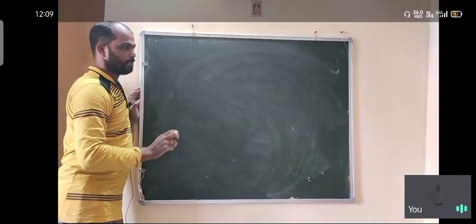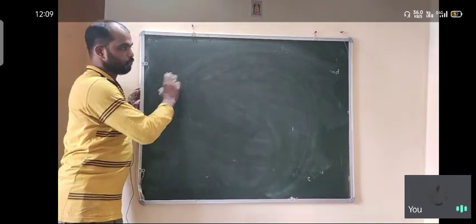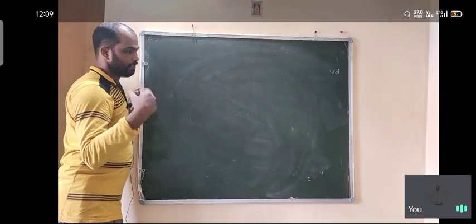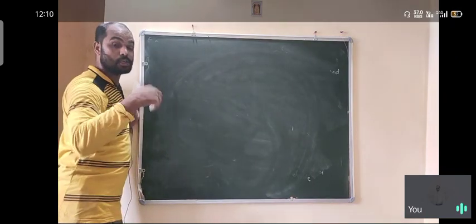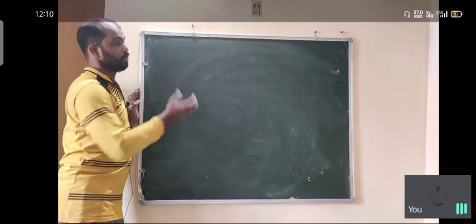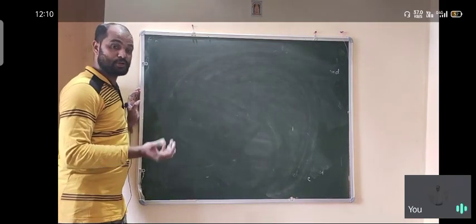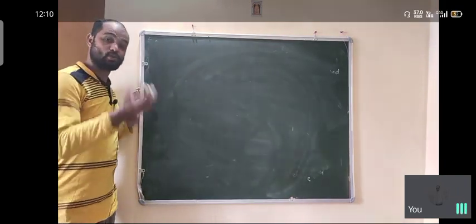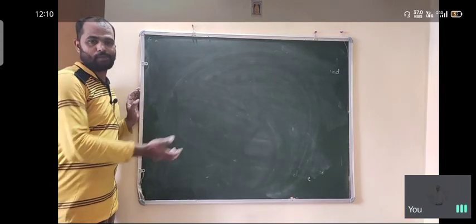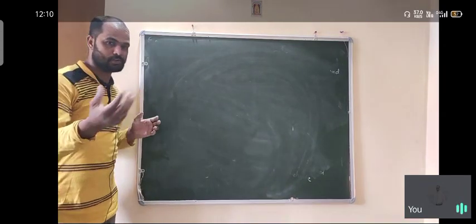So you can write the product for any two aldehydes given. But in the next lecture we will discuss the cross aldol condensation reaction, because two different aldehydes, two different ketones, or one aldehyde and one ketone can also react with each other. Then what happens? We are going to discuss that in our next lecture.